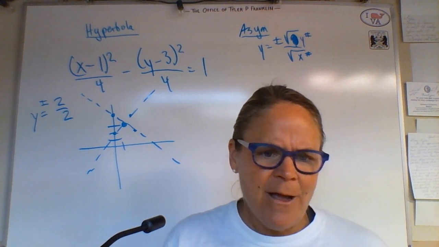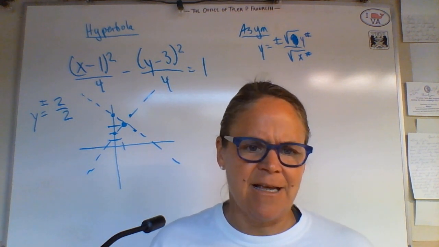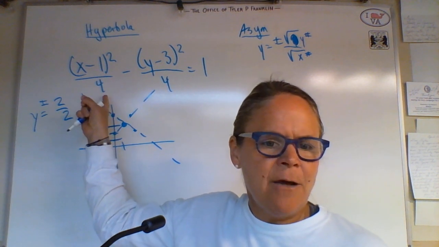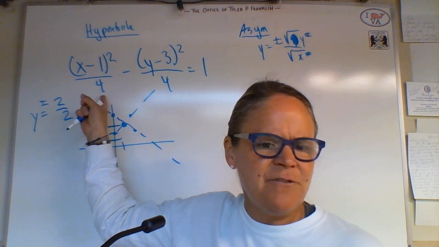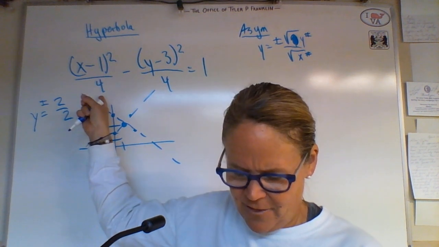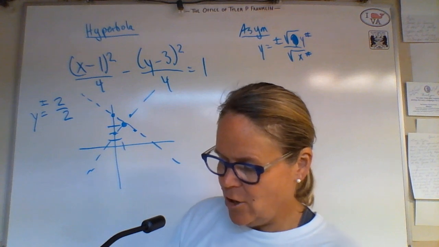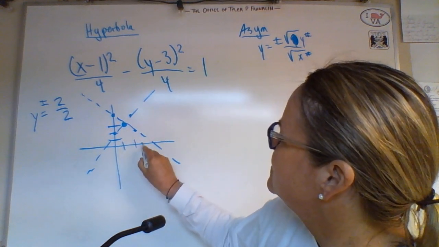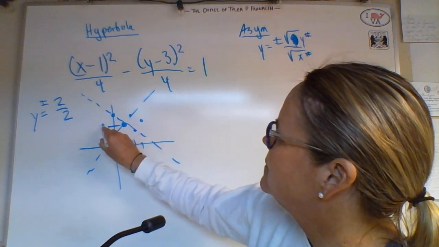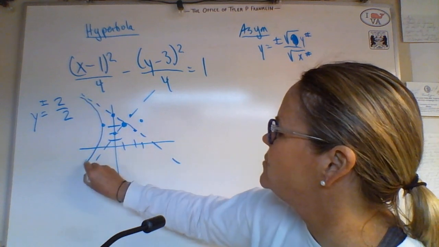Now, sideways, since it's x again, this number square rooted is the number of spots from the center. So I'm going to go 2 spots from the center,